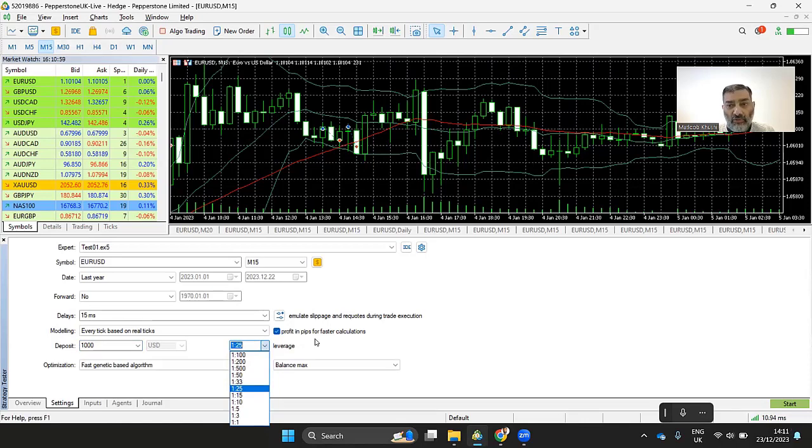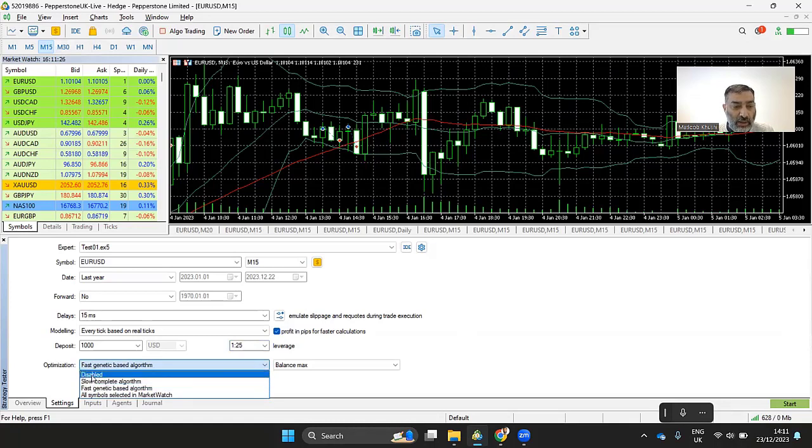So most of the regulated brokers in the UK, Australia, and some other parts of Europe and the USA usually give a normal trader a leverage of about 30, plus or minus, depending on the instrument as well. And then you have quite a few settings here that will depend on your trading robot, what you want to